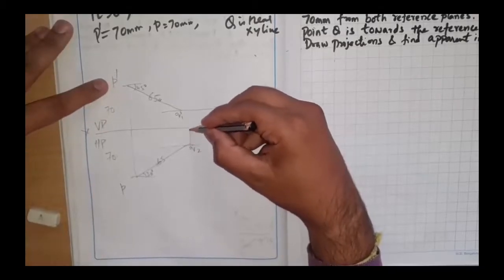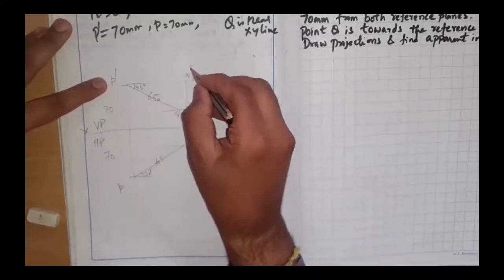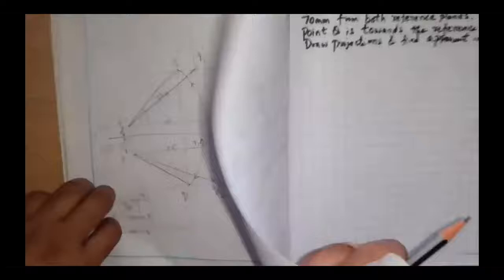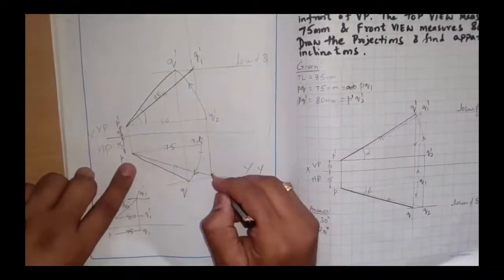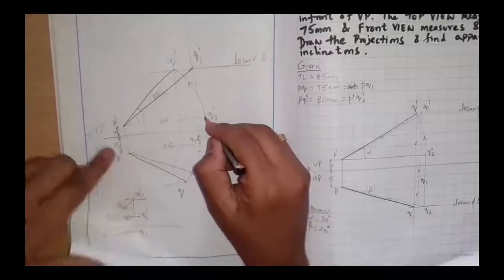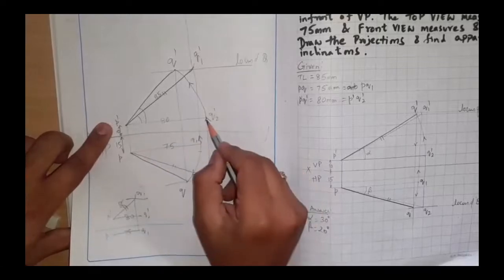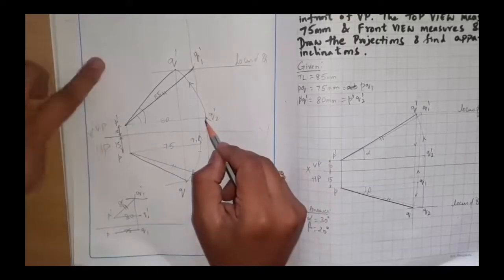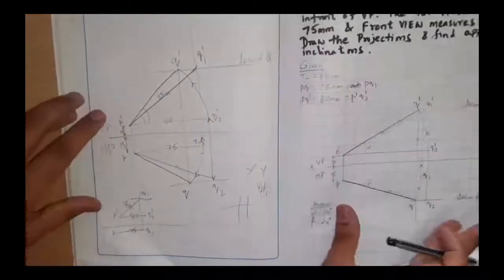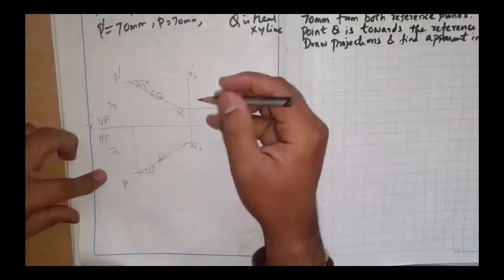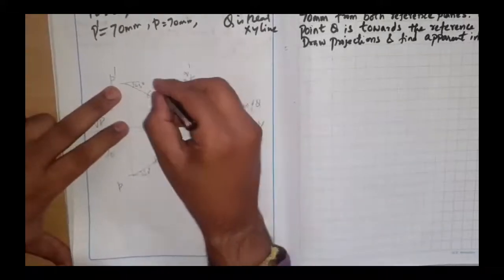From Q2, I am going to draw a line till it meets the P dash projector, where I get Q2 dash. That is what you are doing all this time. Please listen carefully. This is the true length PQ2. You are moving this true length in the vertical plane till P dash Q2 dash. So this was the front view length because P dash was the center of rotation. Now P is somewhere here, so you have to move it till here and bring the Q locus back. So now you got the front view distance P dash Q2 dash. This is the front view distance.